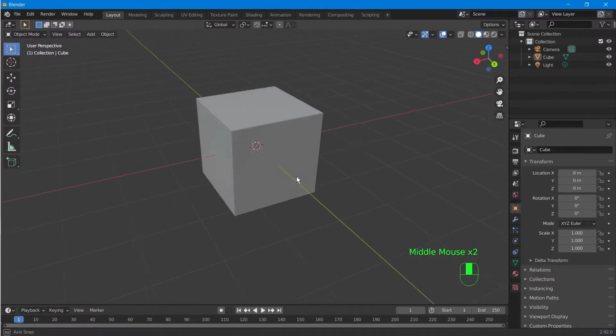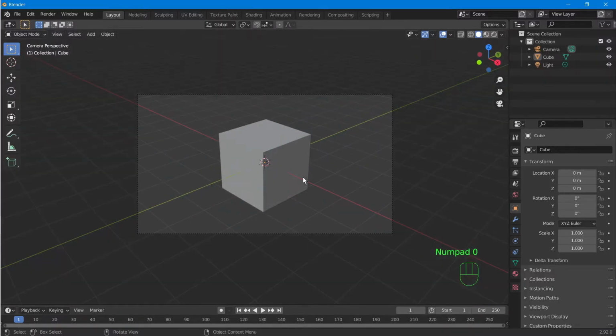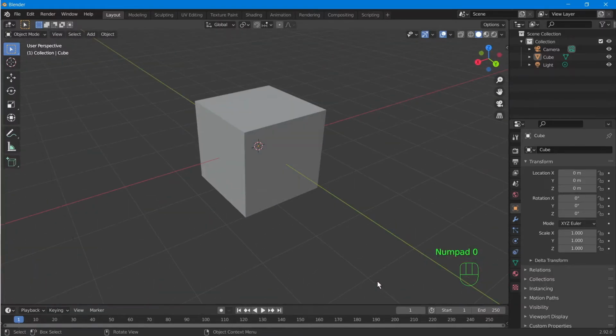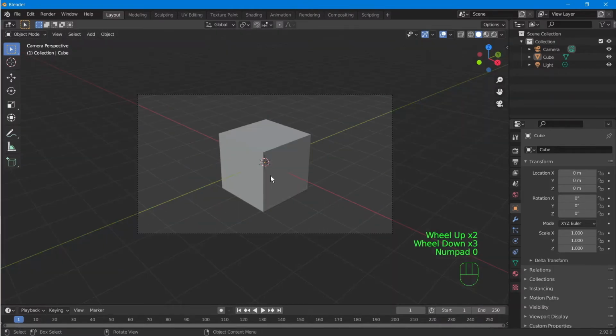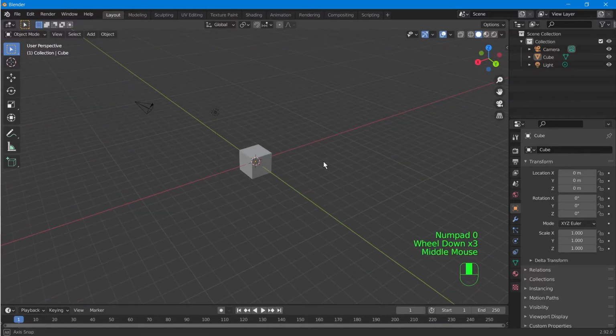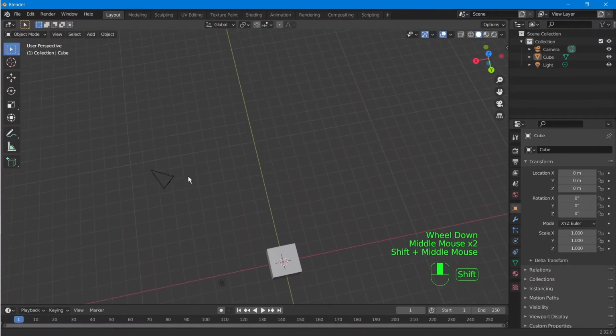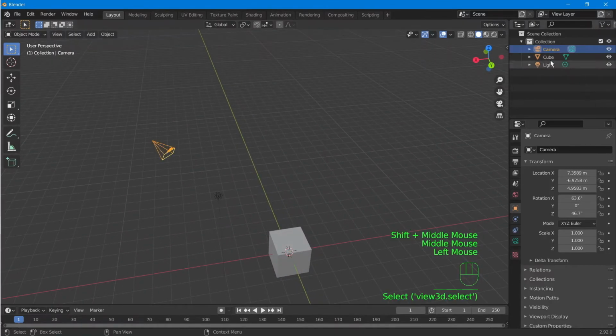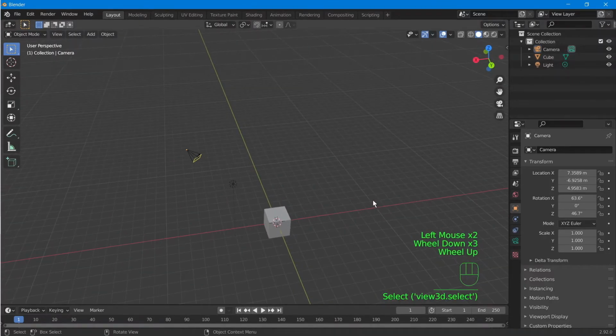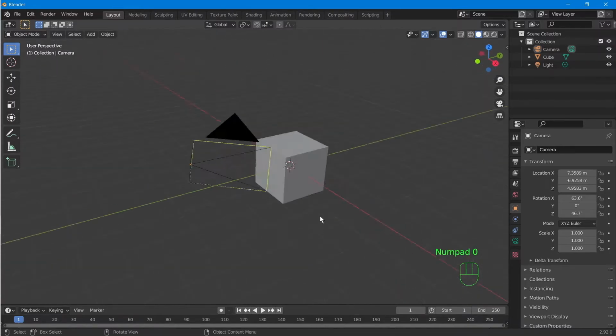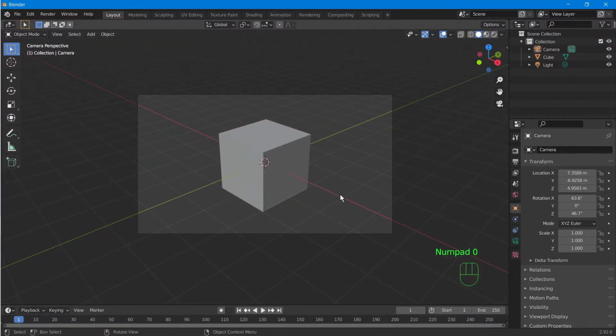Now another is that 0. If you press 0 on the numpad, what it will do, this is the camera view. This is actually a camera view. Here you can see this is the camera, and in your project, you can see this is the camera here, and if you press 0, then this will come to this camera view, and